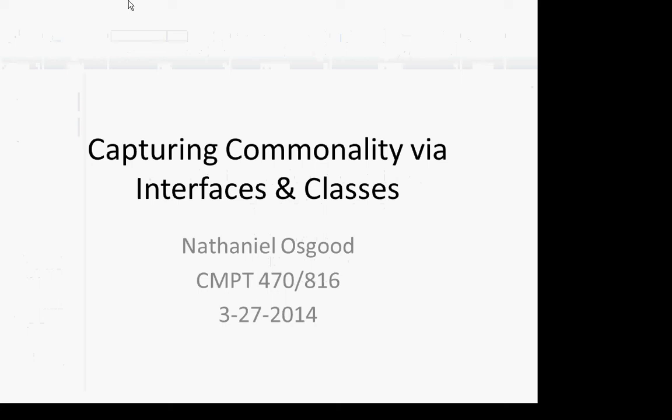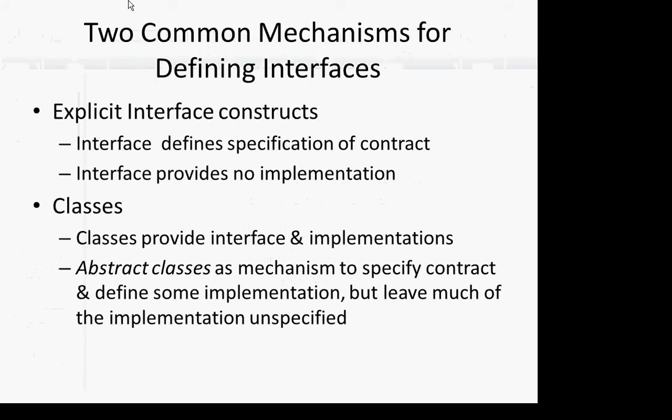But the first lecture is on capturing commonality within programs via interfaces and classes. This builds on our discussion in the past few lectures of techniques that object-oriented programming offers us for abstraction, for capturing sets of state and methods associated with objects. We've talked about the use of subtyping. We've talked about the use of subclassing. And today we'll see